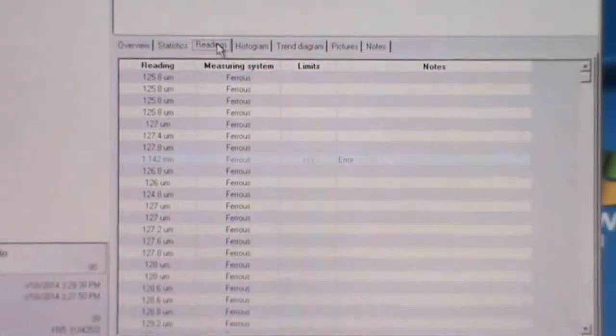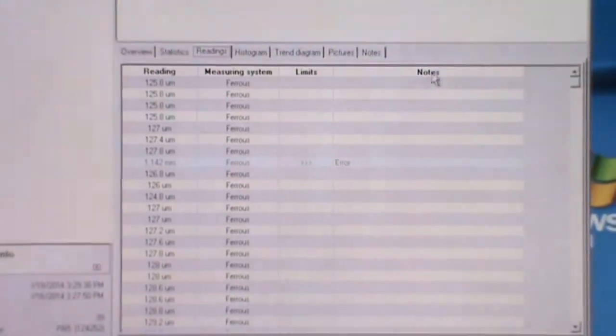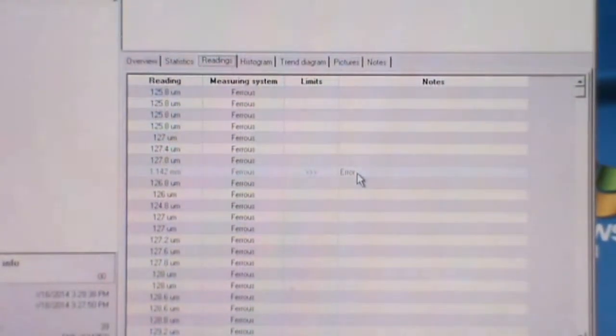Okay, at this reading, you can view this note column, written note. Here we can write extra or additional information regarding this reading. If the reading is bad, you can indicate here bad or error. And then next,